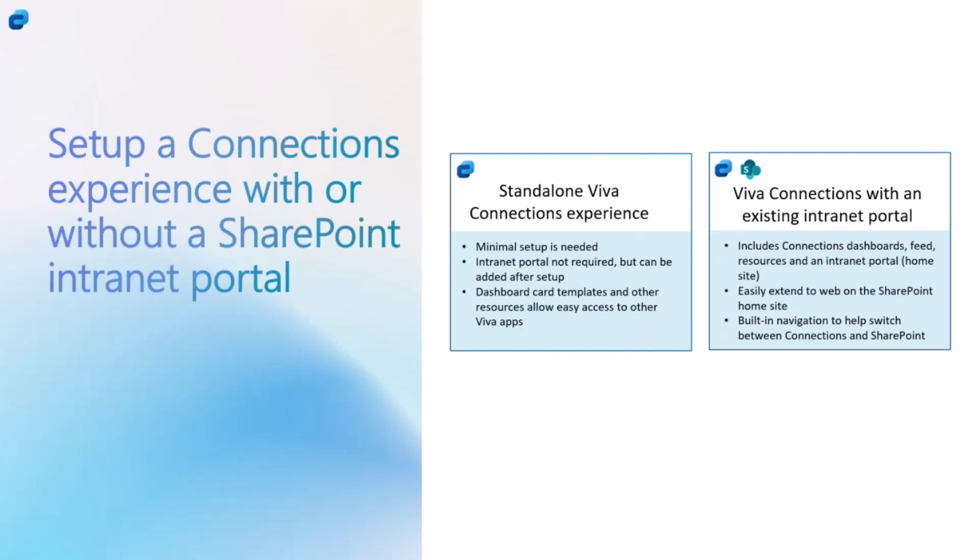So going back to the right-hand side box, if you were to start with an intranet or a portal site that you already have and you want to set that up as a home site and Connections setup, you would choose that option. And that basically will give you the home site on the web. It will also give you the Connections experience on the desktop, tablet, and mobile. We've also created the second option, which is much easier for customers who do not have SharePoint or they don't have a site ready to go and be set up as a home site. They can now set up a standalone Connections experience.